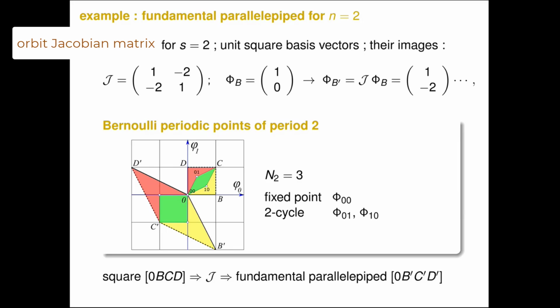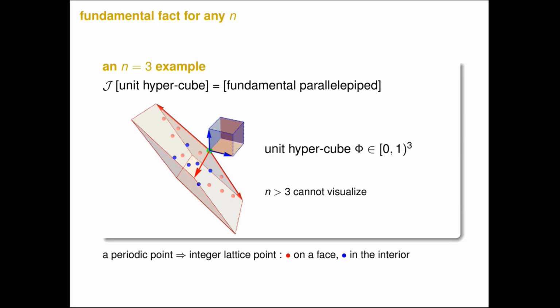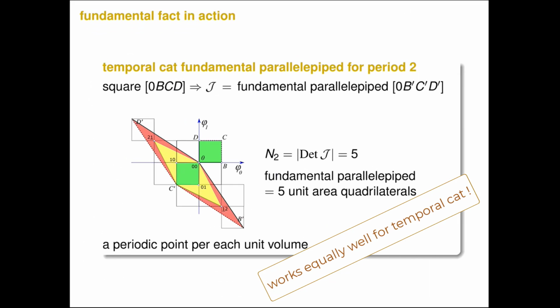And that turns out to be useful even in d-dimensional spatiotemporal cat, a much richer problem than this Bernoulli problem. So in 3 dimensions, you can still draw a picture. There's a cube in 3 dimensions. You bang it by the orbit-Jacobian Hill matrix, and you find a parallelepiped, which is 3-dimensional, and then you count points on its surface, and everything works as it should. The fundamental fact is still true. It still works, even